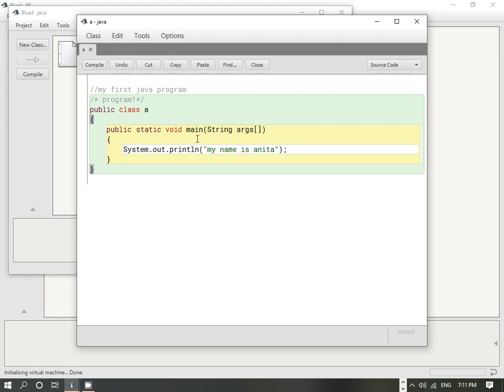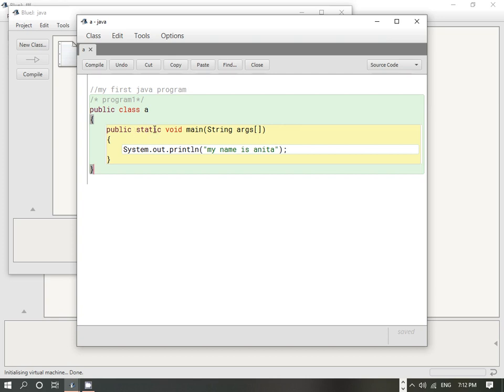So this is a system defined method. Main is a system defined method. This void indicates that this main method is not returning any value. Here in the program also you can see that this is not returning any value. Then static and public. Public, I hope you can understand, is the access modifier, which indicates that this main can be accessed outside this class also.